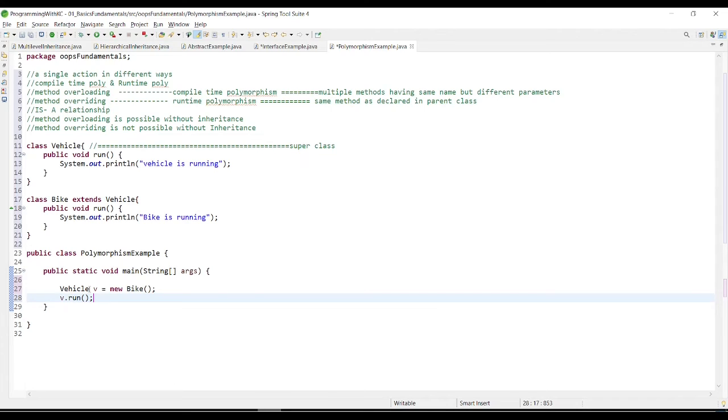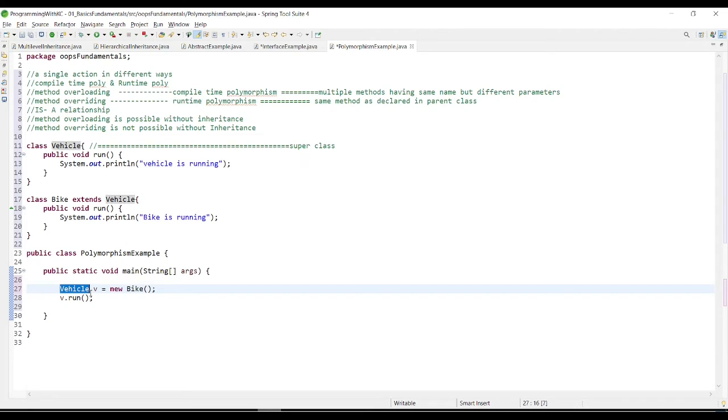Over here I had created the object of bike with reference to vehicle. Remember, object of bike with reference to vehicle, which is your superclass. So v dot run I'm adding over here.